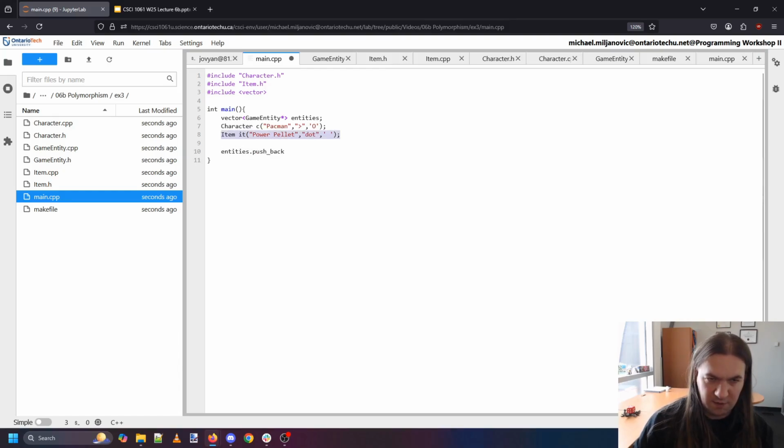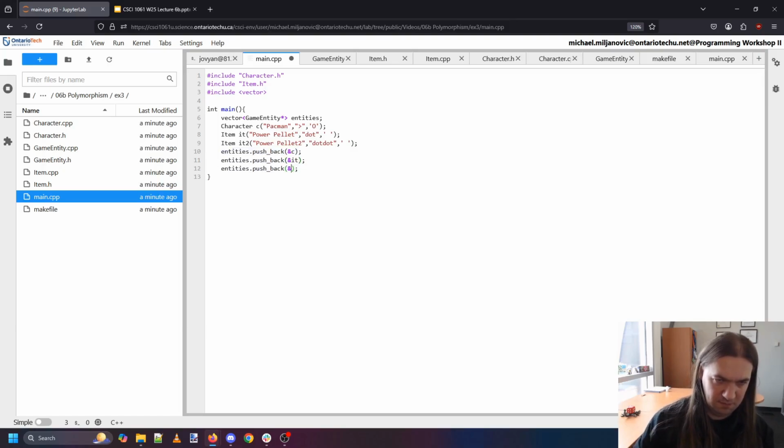And how about I'll make a second power pellet just for fun. So this will be power pellet 2, and now I can call it IT2. Let's push back the address of my character, the address of my first item, the address of my second item, and now for